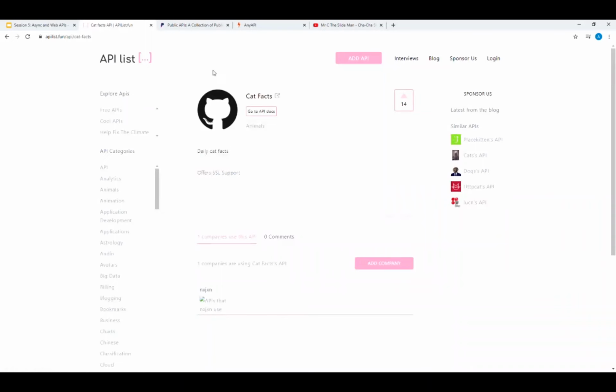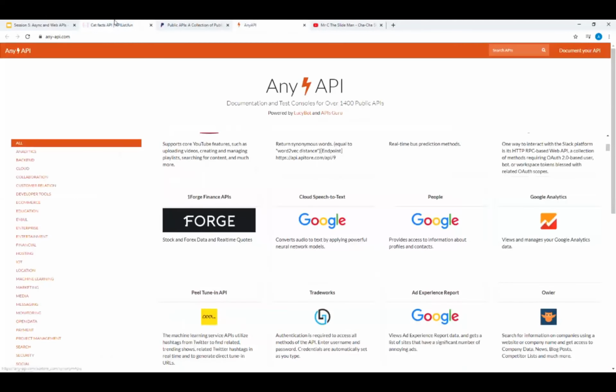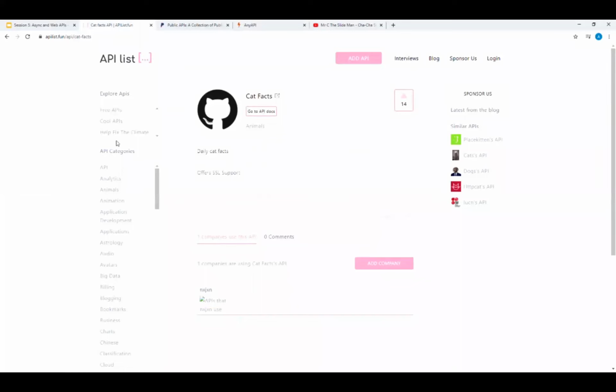Whenever you do your own projects, you'll probably come across a lot of confusing terminology. Some APIs require what we call a key. Some may need you to pay; I think some Google APIs may need you to pay, or some may need you to create an account. How do we do all this? Unfortunately, we don't have enough time to go over all of that. The best advice that we can give you is to read the docs.